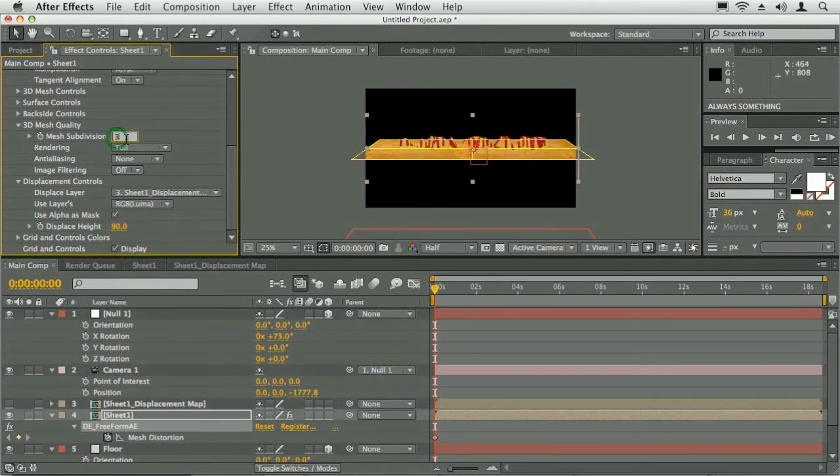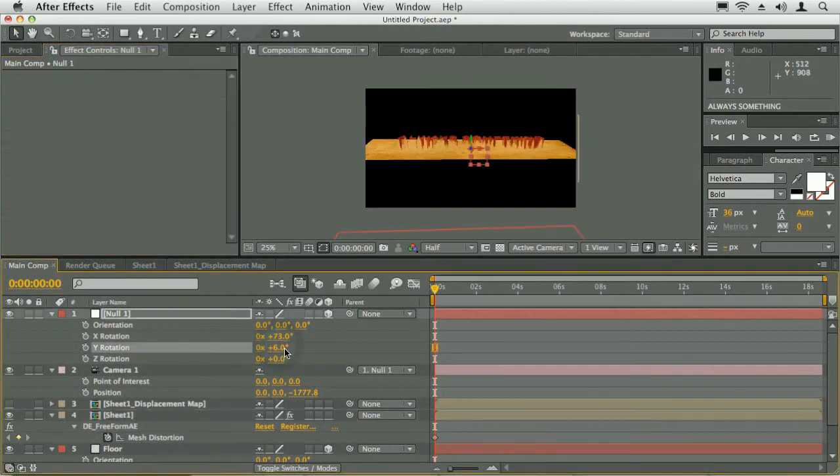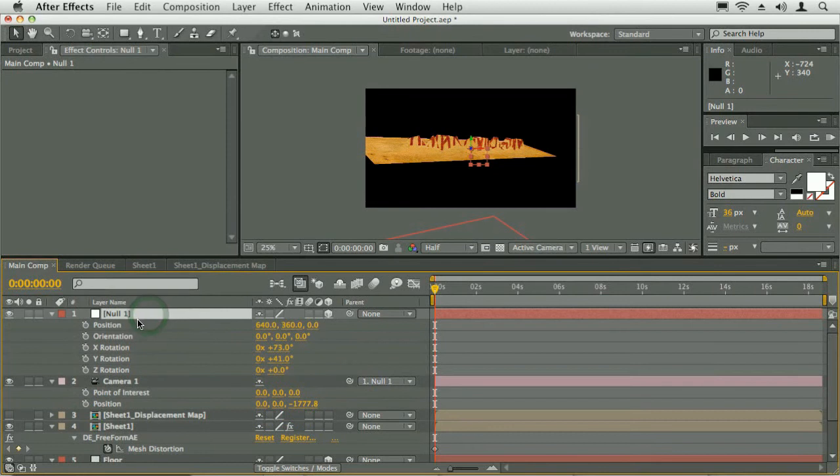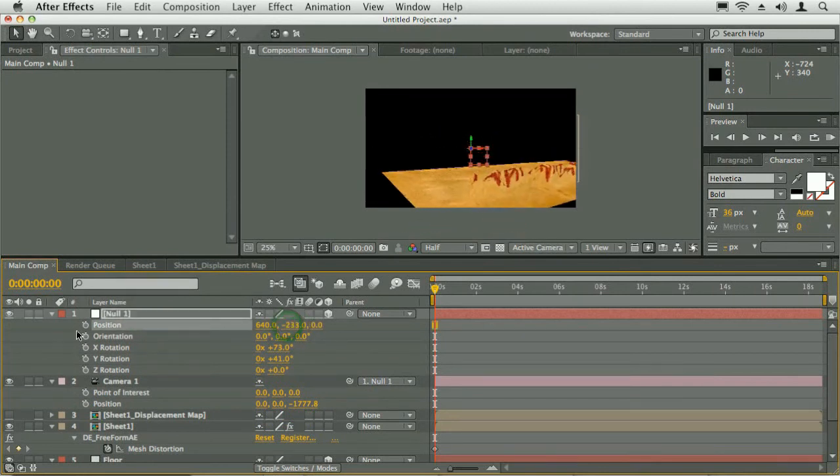Actually, I'll show you something kind of cool. We're not going to do this, but if you wanted to make an embossed type, I'm going to make a solid here, make comp size, and make it 50% gray. I'm going to put it back here. All right, and I'm going to make this type white. Okay, so now I'm going to come back to our main comp,